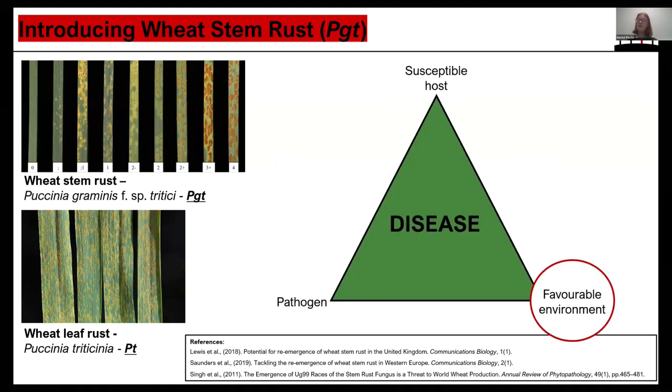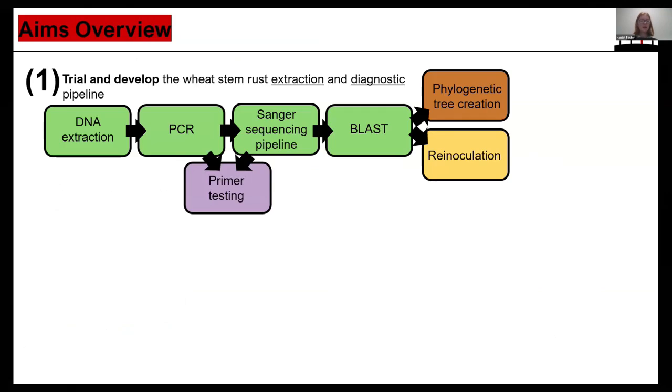Secondly, you need to consider the favourable environment. In the disease triangle, we know that we have a susceptible host and we know that we have a pathogen, but we need to think whether the environmental conditions could be conducive to an aggressive re-emergence in the UK. And this is particularly important in the context of climate change, where certain temperatures can induce life cycle stages of wheat stem rust emergence. So with this in mind, my two aims were firstly to trial and develop the wheat